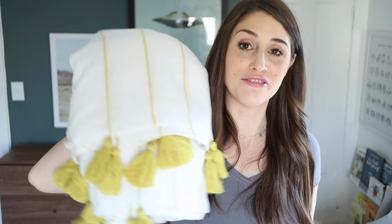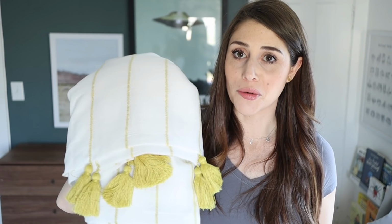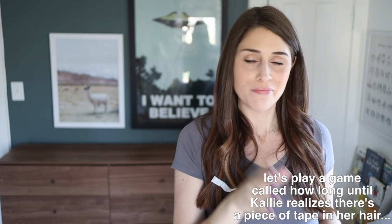And my original goal in this room was actually to do just these blackout shades, and then I had gotten these really cute curtains. Actually, they're right here, let me show you. I had gotten these very cute curtains which match the room really great. This yellowy color matches the rug. It was a whole thing. And with those shades and this curtain, this room was still pretty darn bright at nap time, and I wasn't willing to give up wonderful naps that my son was having in his dark room. So the cute curtains had to go away, and we opted to go for the next product I'll show you,